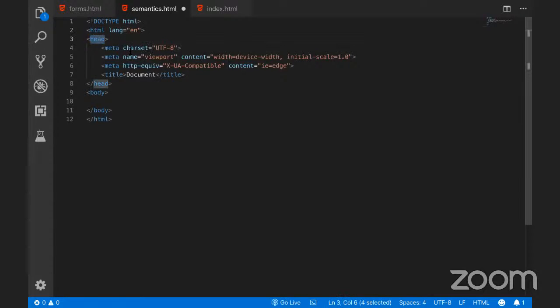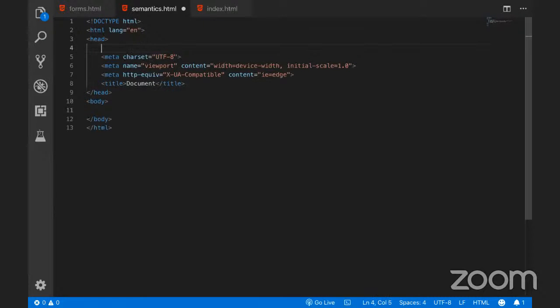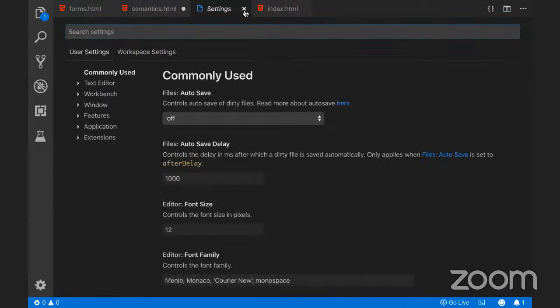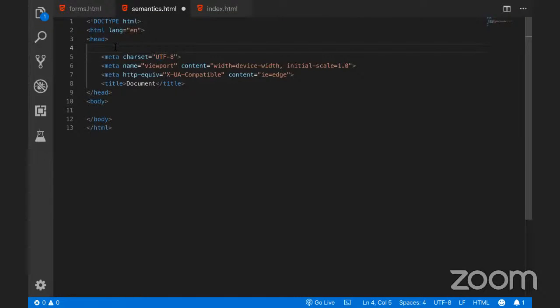Then in the head part, again, what is UTF? As I said, my website is going to contain a charset of UTF-8. By UTF-8, I mean this is an encoding standard. When I say encoding standard, UTF-8 is the human readable standard. Encoding standard